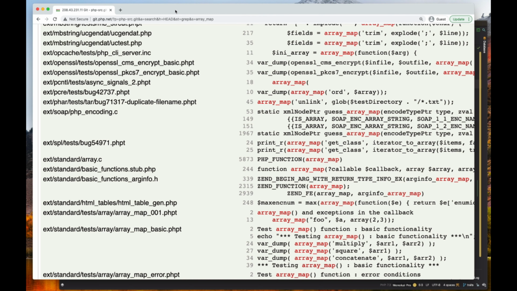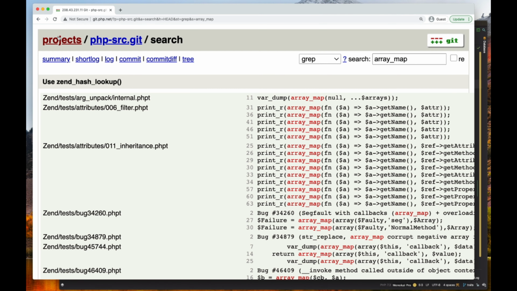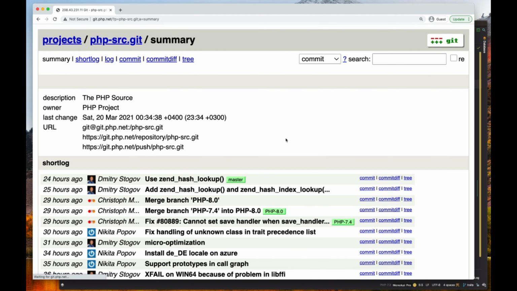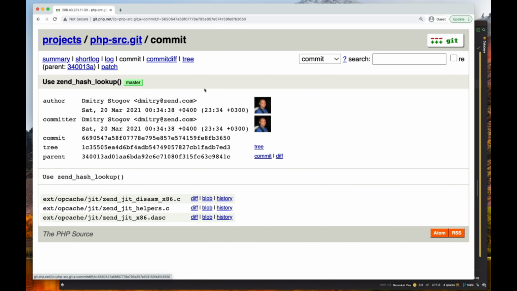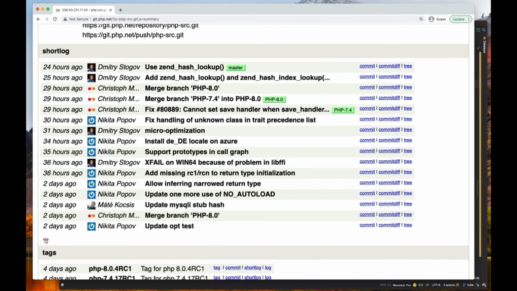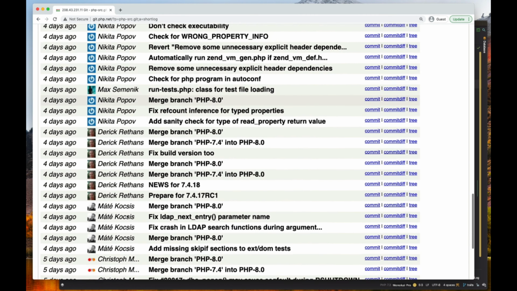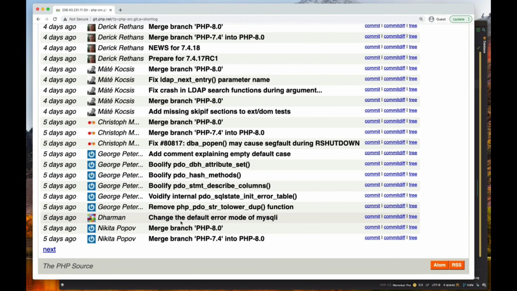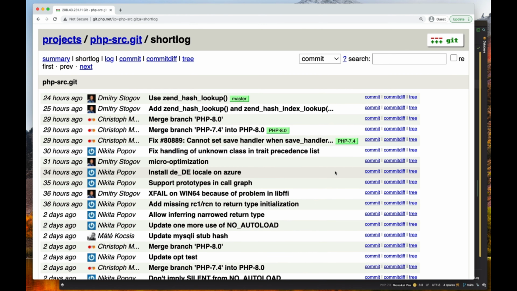If you want to find something in PHP, you just go to projects, go to PHP source, and then here instead of commit, you can grep the author, and that's it. Also, if you want to know the latest commits in the project, you can go to PHP source and then to commits, and you can see all the recent commits here. This is also the short log for the recent days. If you want to go further back, you can click on these dots icons and it will take you to the next page. That's pretty much it for this video.